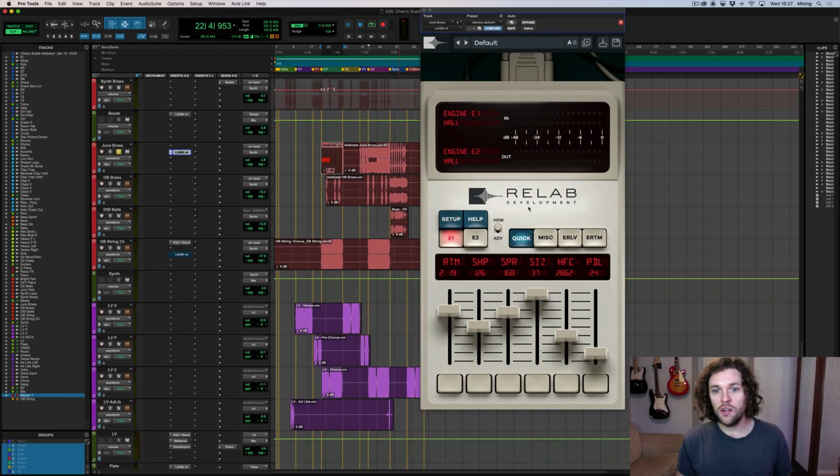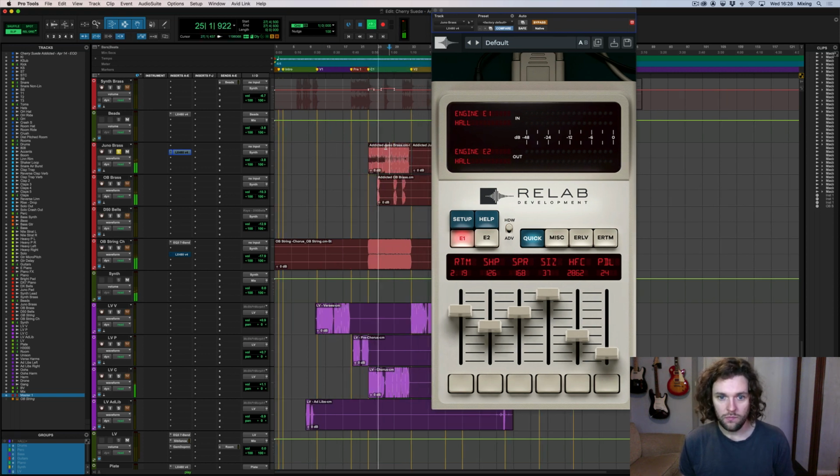So we're going to audition these different algorithms using an 80s style brass synth patch, and this was from a Juno synth. So let's play that without any reverb for the moment so you can get an idea of what this sounds like. So quite a dry, quite a tight sound, so we're going to add a bit of reverb to kind of